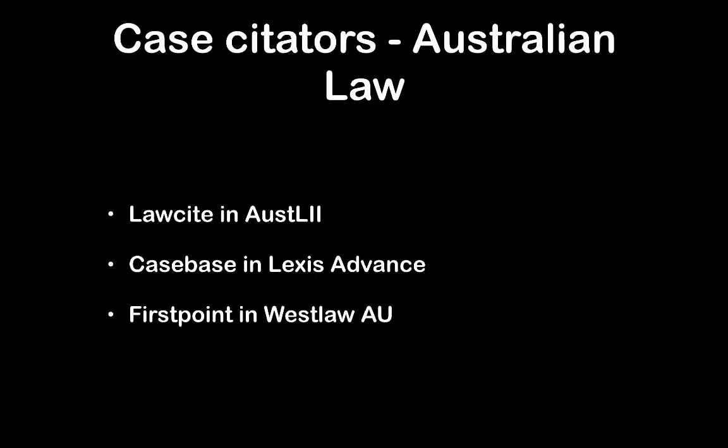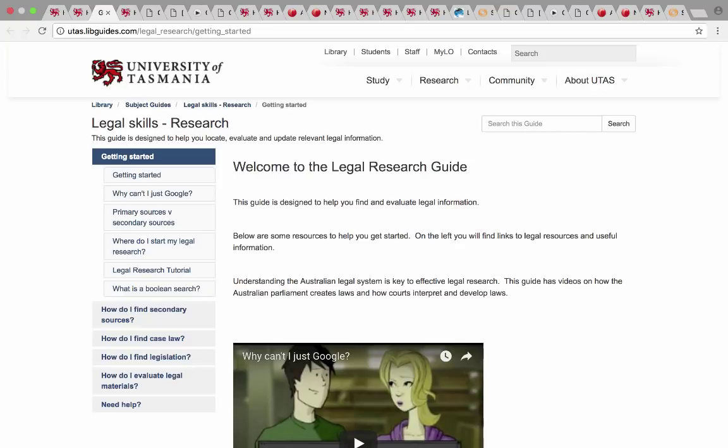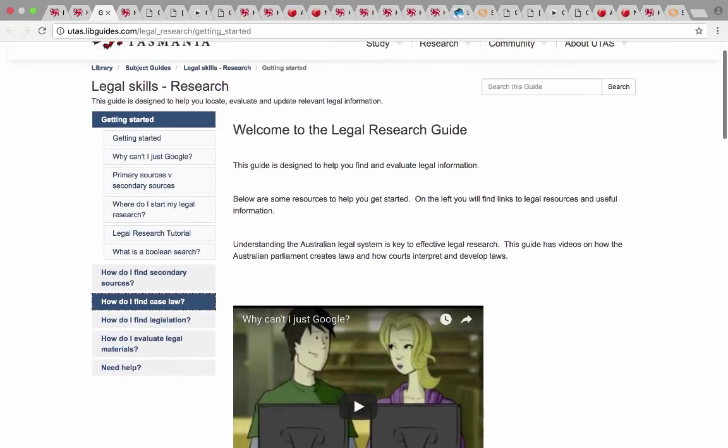So within OSLI you have LawCite, within Lexis Advance Pacific you have CaseBase, and Westlaw AU has FirstPoint. So I'm going to show you Lexis Advance, and we're going to have a look at CaseBase. So here we have our library subject guide, going again to our case law tab,